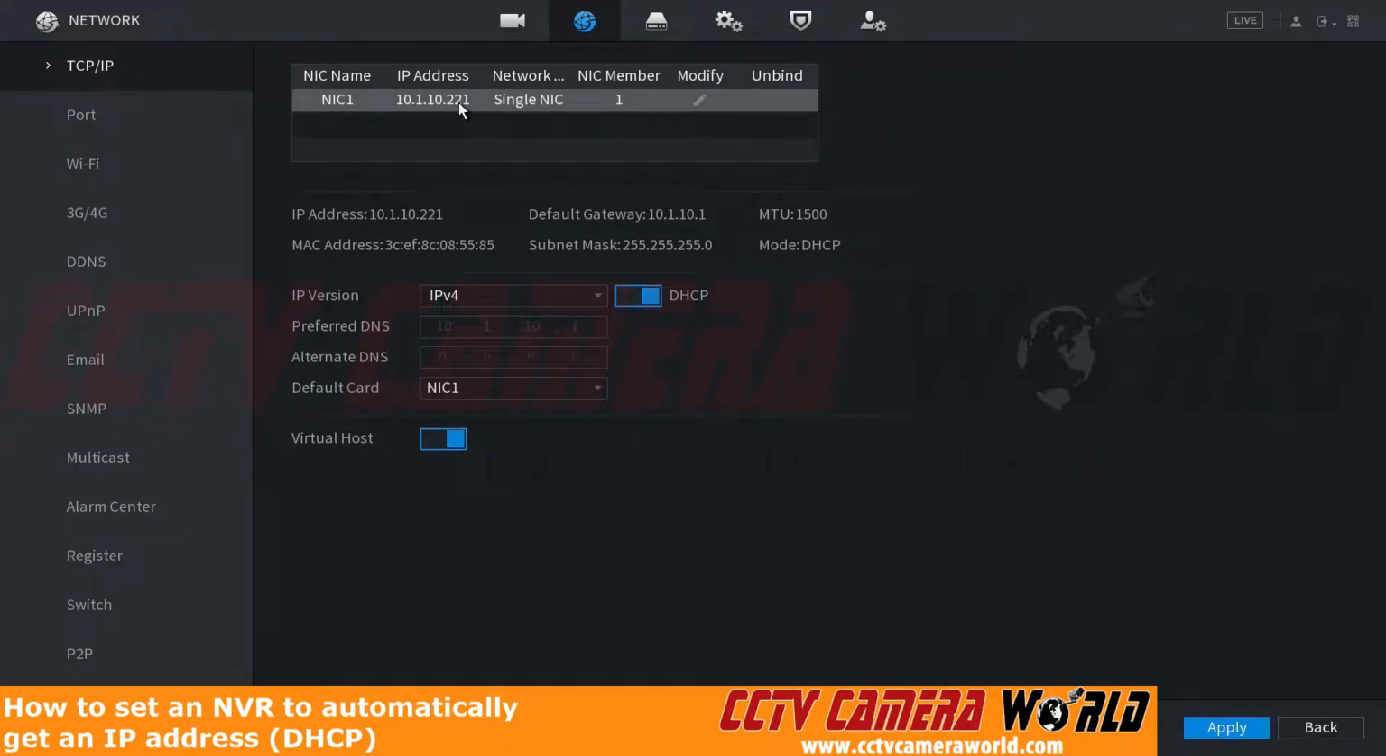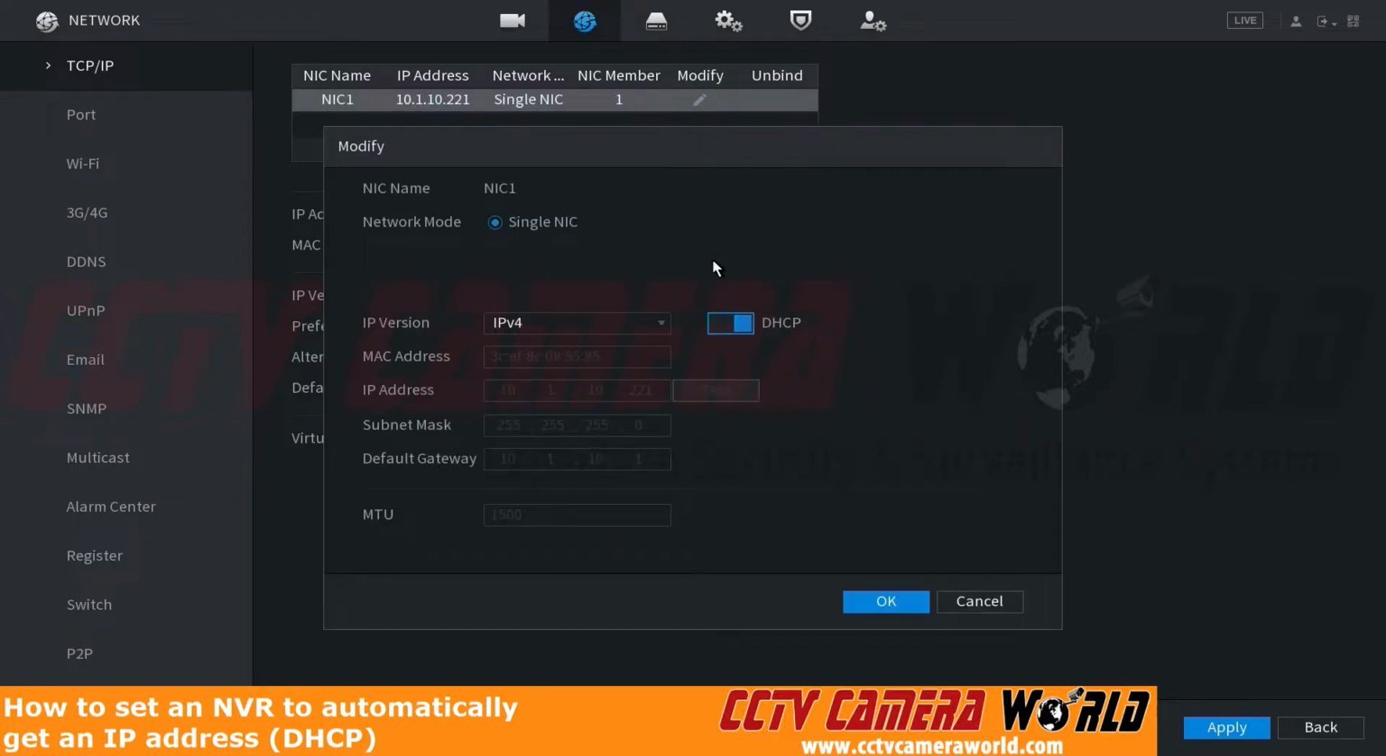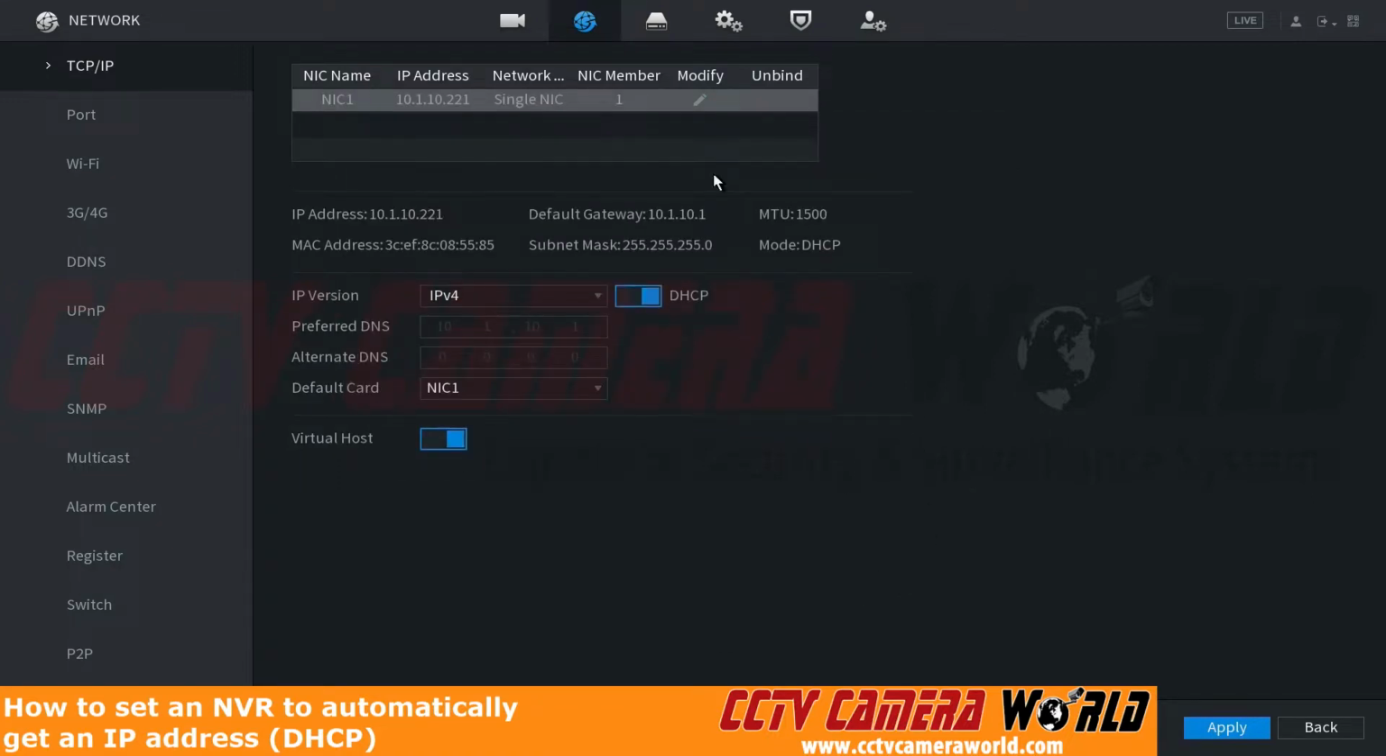As you can see, I was able to get an IP address from my router of 10.1.10.221. This 10.1.10 network scheme is common among Comcast business customers or Comcast residential customers. So we're using this as the example. So now that I've modified my IP address on my NVR to DHCP, and I've either restarted or checked to see if it got an IP address, which it did,